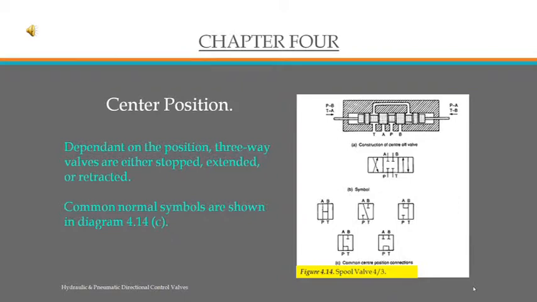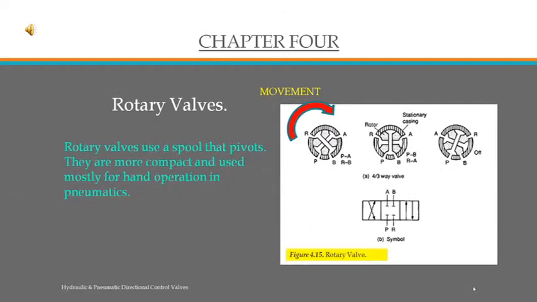Center position. Center position valves have an extend and a retract function, but in addition, at the center, they can stop a cylinder. This is useful to control a cylinder to stop at mid-stroke. Rotary valves. Rotary valves are similar to spool valves, except that the spool pivots within the casting, allowing for or restricting